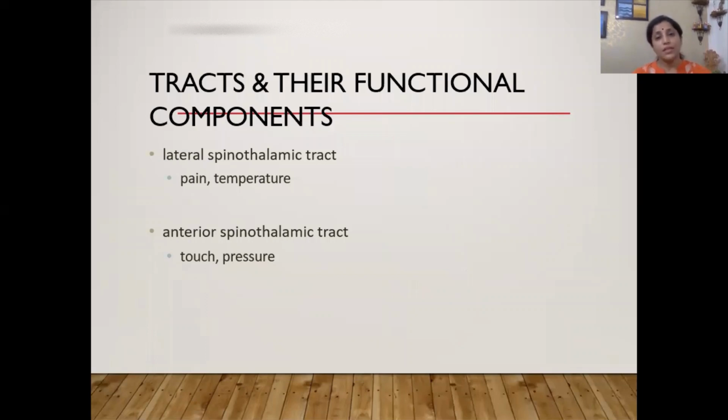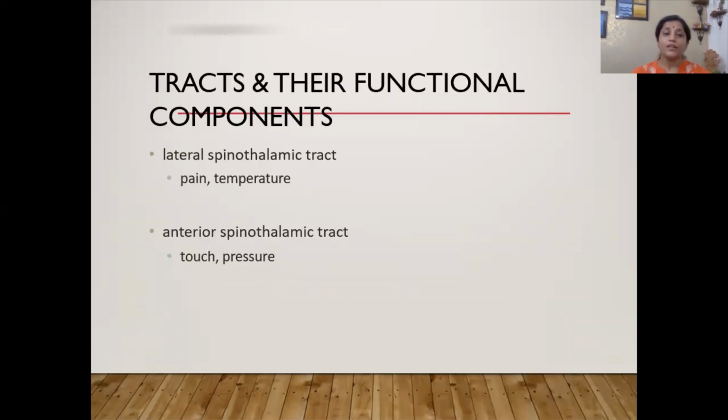Now my dear students, it is very important for you to understand that we have identified the tracts, we have named them. But if you look at a cut section of the brain or the spinal cord, you will not get any numbering or any coloring or any identification of the tracts. They will look alike because they are arranged in the form of gray matter and white matter. What we understand is based on our knowledge, on our experiments, on our interventions, and the intensive studies which humans have done on the different systems of the body.